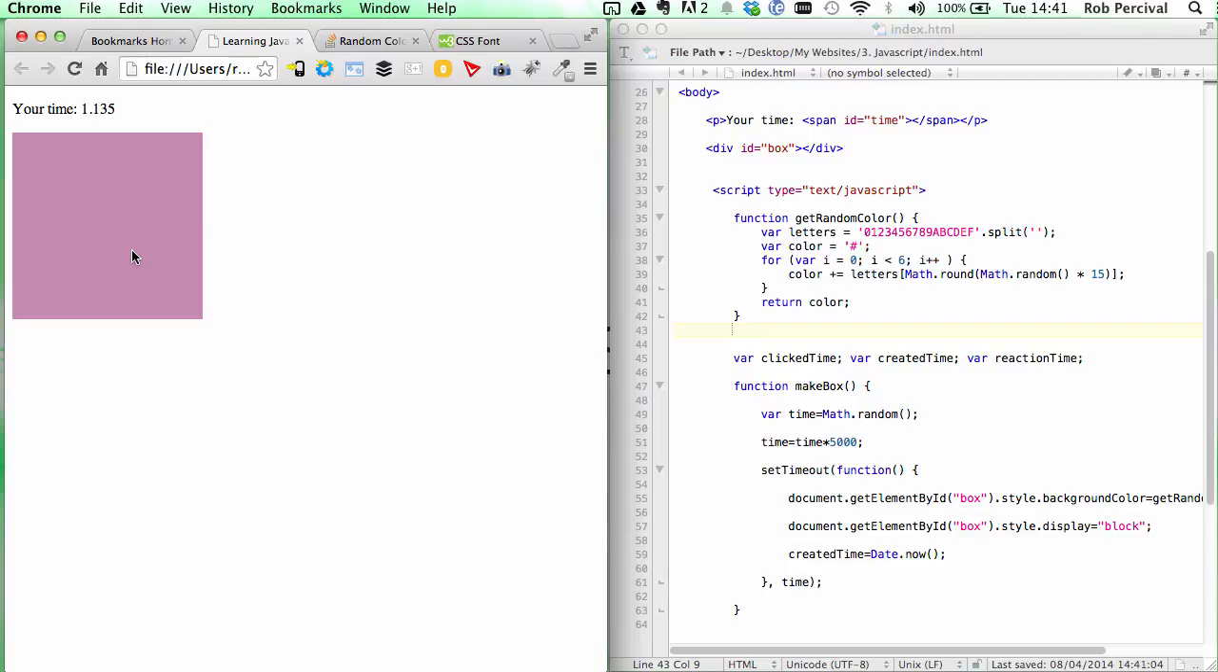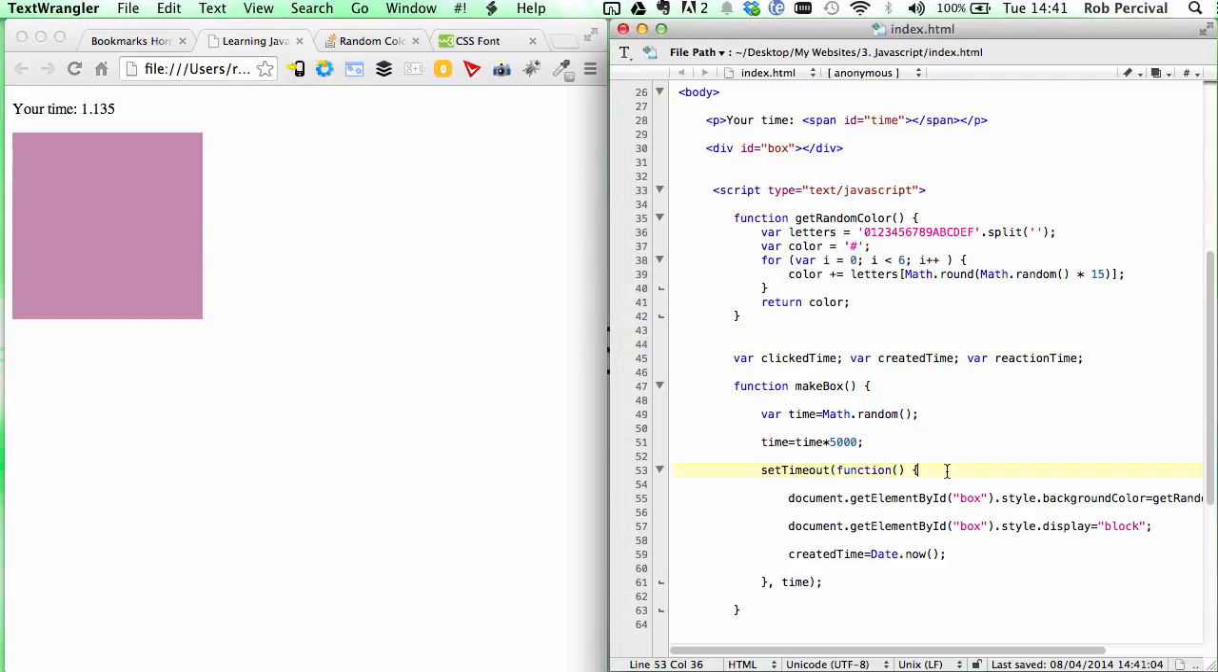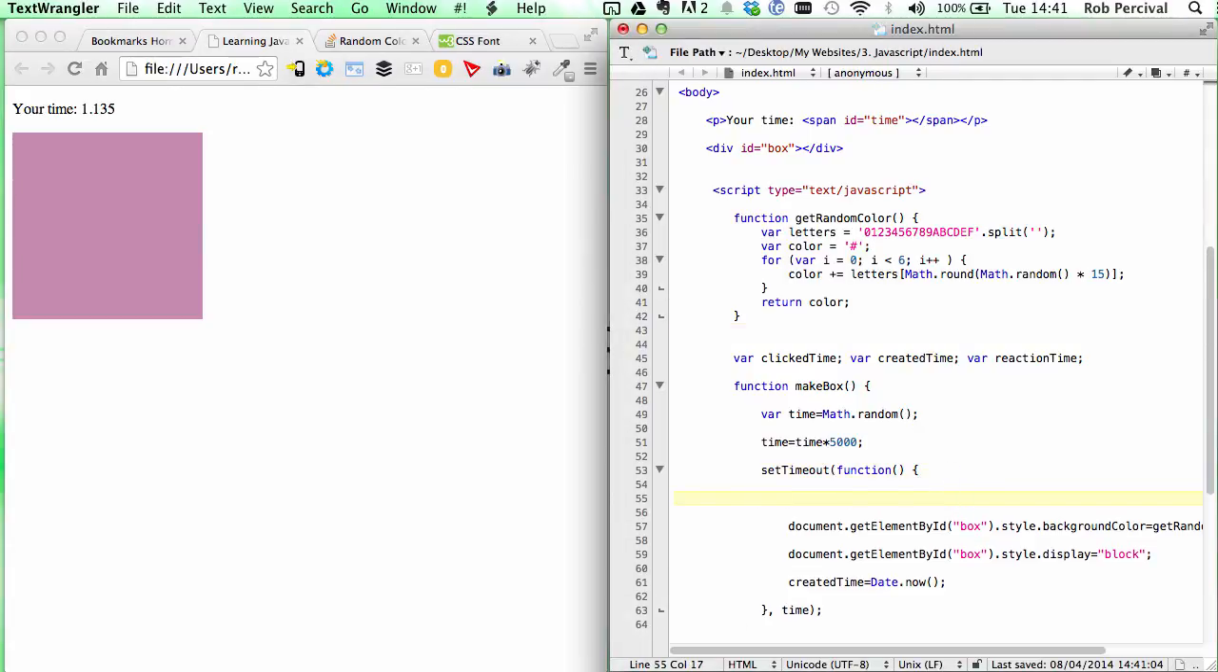All right, did you manage it? Here's how I would do it. First of all, we'll remind ourselves how to make a circle. All it is is a single style. So let's do it with JavaScript. So again, document get element by ID, box,